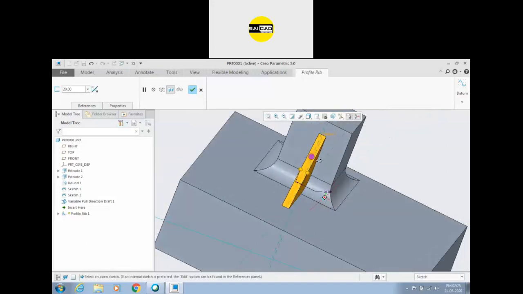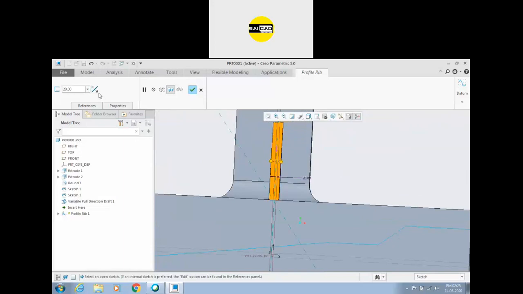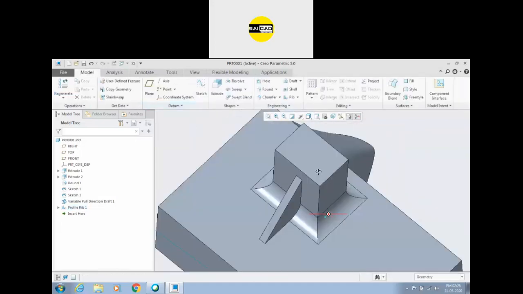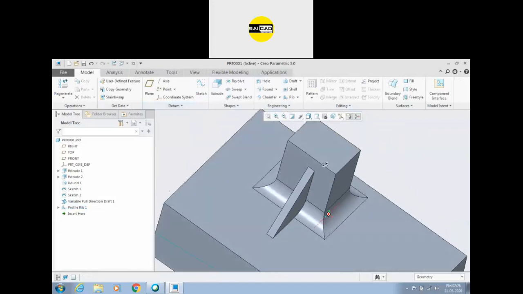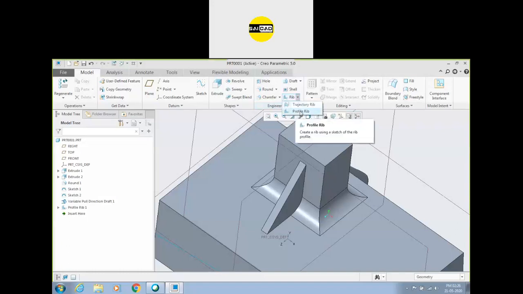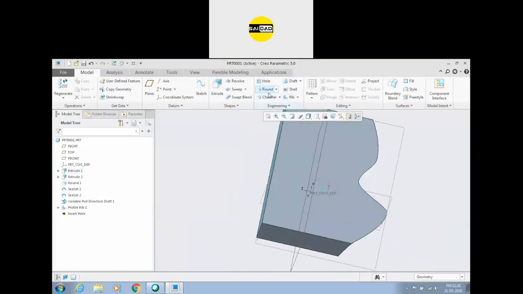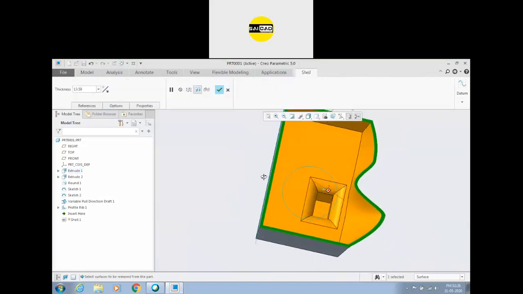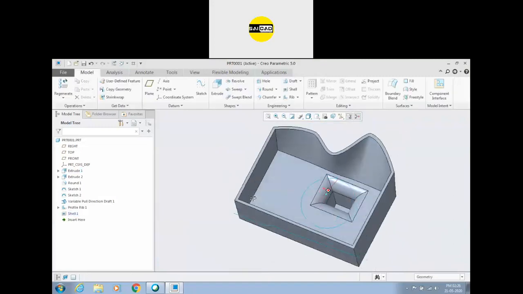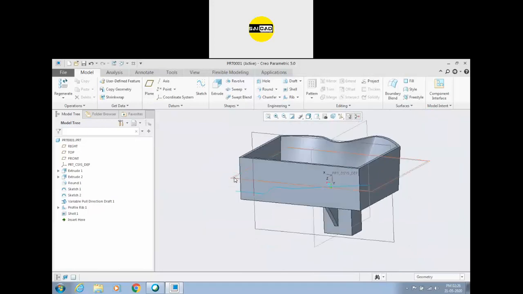So three options are there. You can create it in the mid. Okay, you can go one side, you can go other side, you can go to the middle. It's up to you. Click OK, and you will see that the rib will be created like that. So you can create these types of ribs with the help of profile rib, okay, from here. And if you want to create some other type of ribs, like you want to create a shell first, okay, if you want to provide some ribs inside this object, you can do that also.